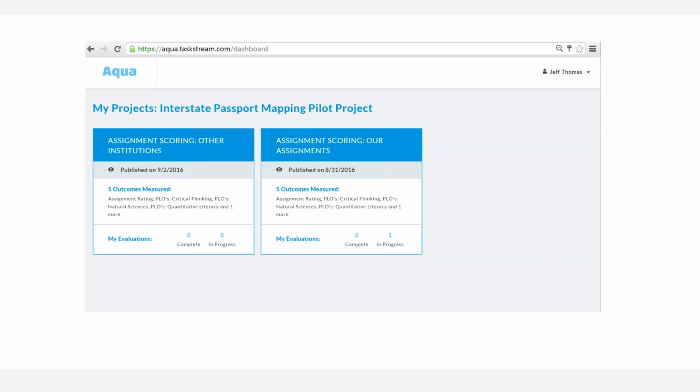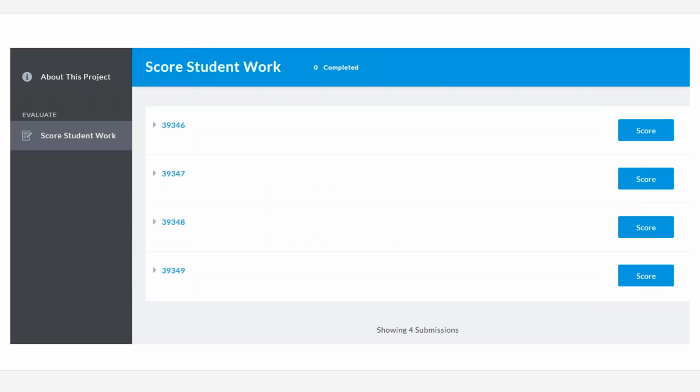So that's what you're seeing at the moment on the screen, the two different projects. Once I click into one or the other of the projects, remember you click into the name, the blue bar at the top, to get into the project itself, and now I'm actually in the scoring screen. You can see that the scoring screen is anonymized, so if you were in the other institutions or even your own, you definitely wouldn't see which institutions they're coming from, and